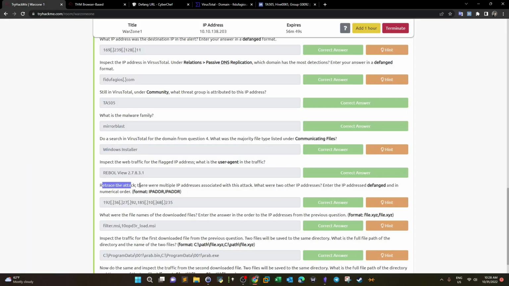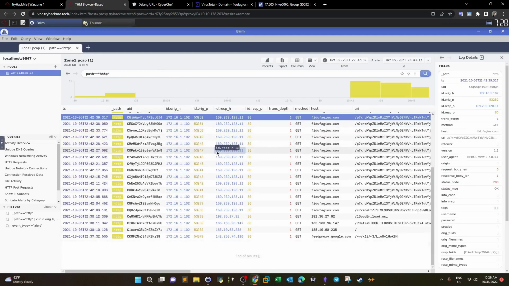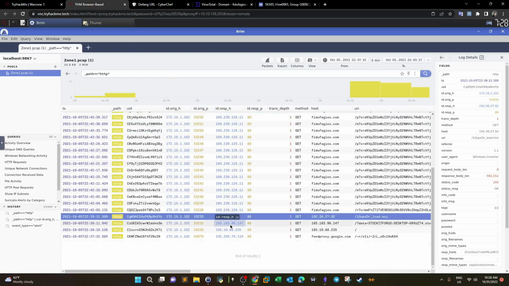Retrace the attack. There were multiple IP addresses associated with this attack. What were two other IP addresses? Enter them in the range format. Okay, so as you can see, guys, we mentioned that we have other IP addresses that were involved in the